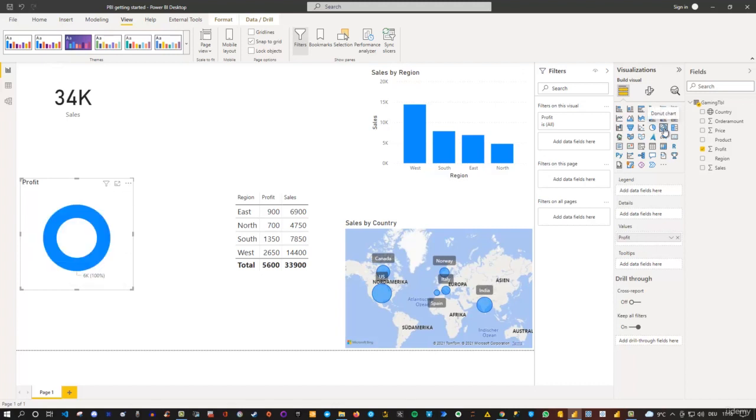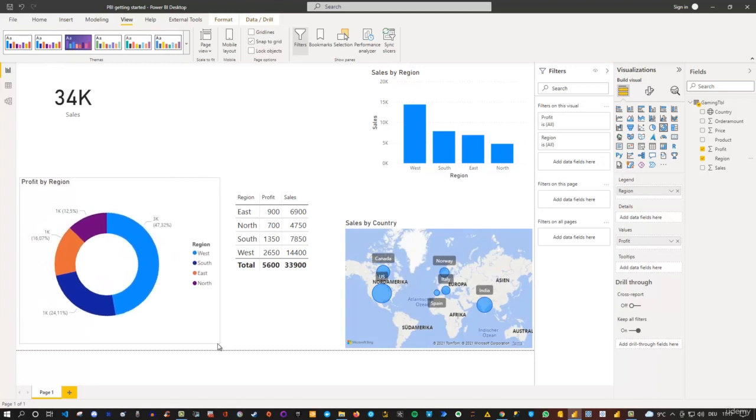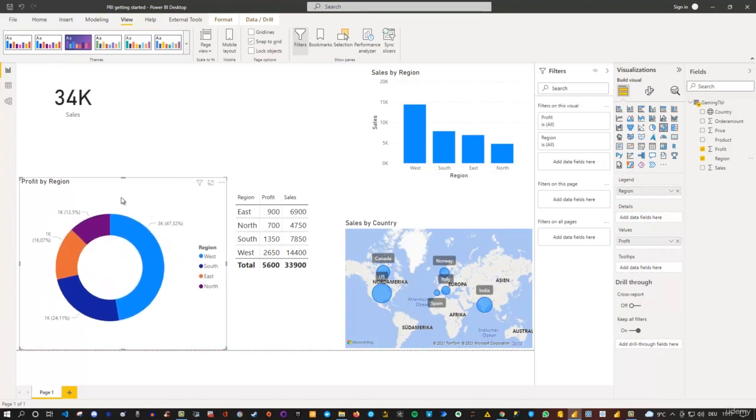And then I also like to add something here. Let's say I'd like to see this for the region. So I can tick it. I can also drag it in here in the field section, but I can also be more efficient, let's call it this way, and simply tick this option, and then Power BI is putting it on a legend for me by default. Let me just increase the size here, and I got my little profit by region here,